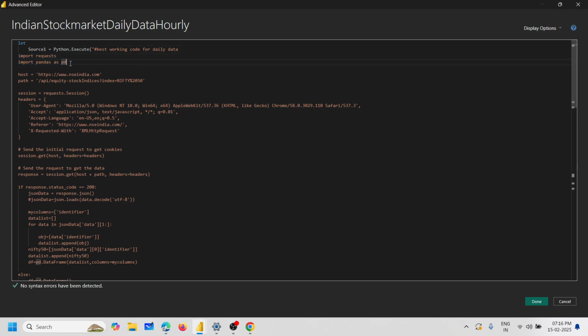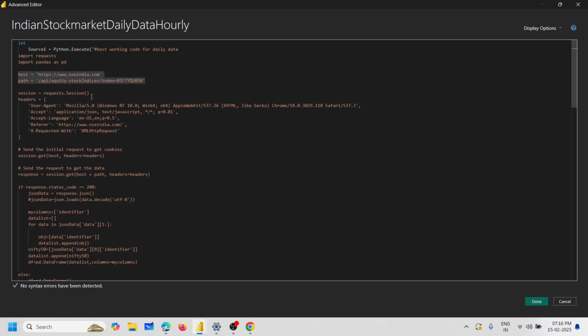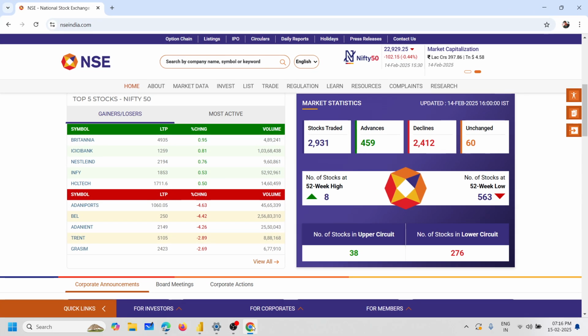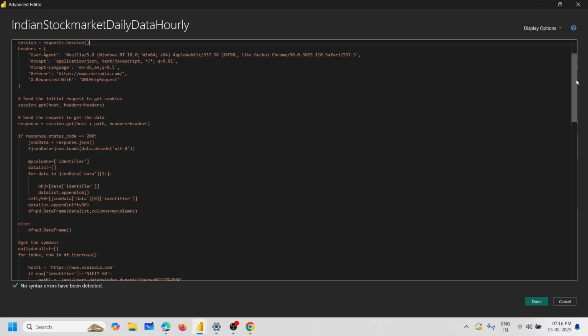I utilized the pandas library, imported requests, and then utilized nseindia.com. That is what I access here. The same host is here, and if you click on some of your shares, you will get this kind of details inside your browser. Okay, and once you have both these details, after that what you have to do is